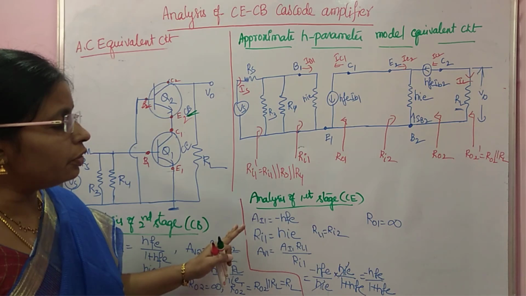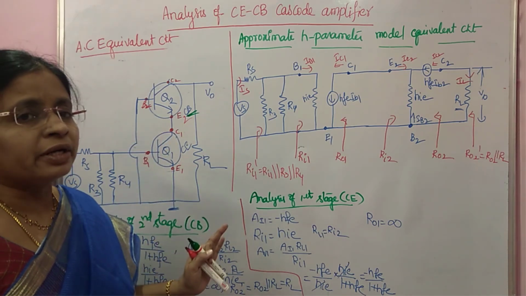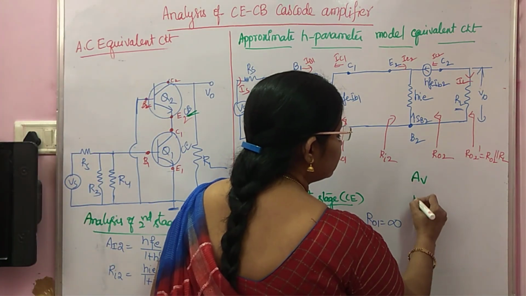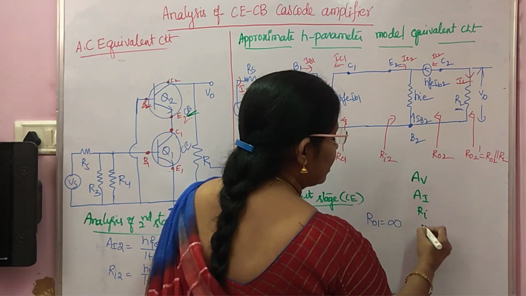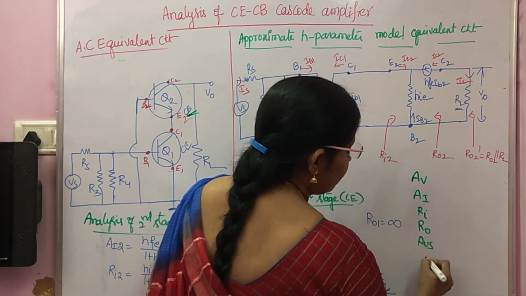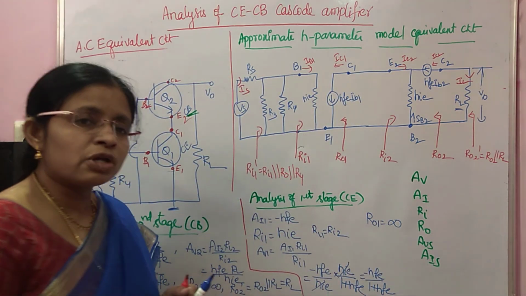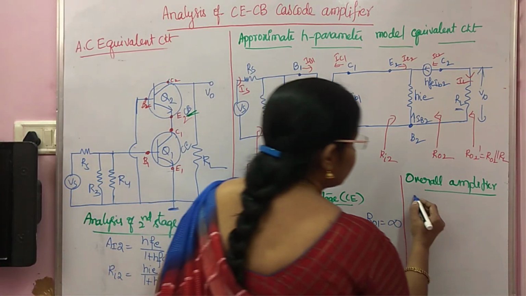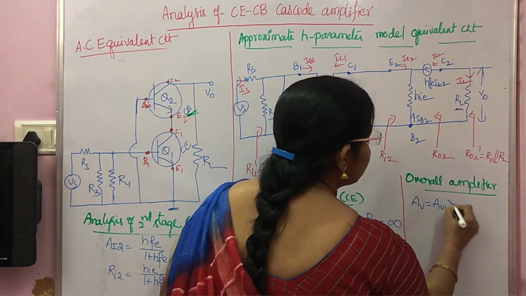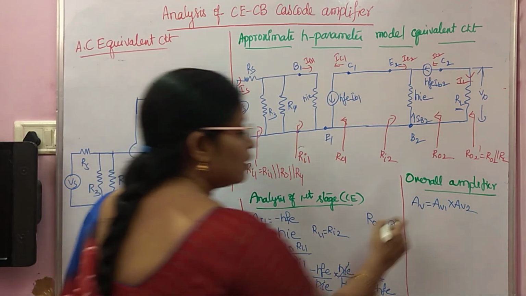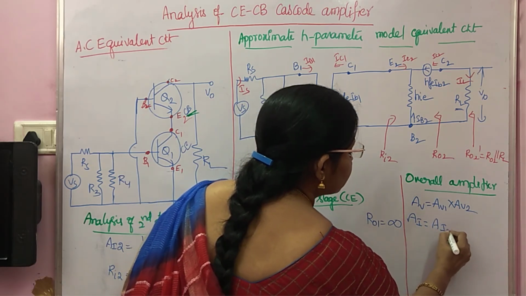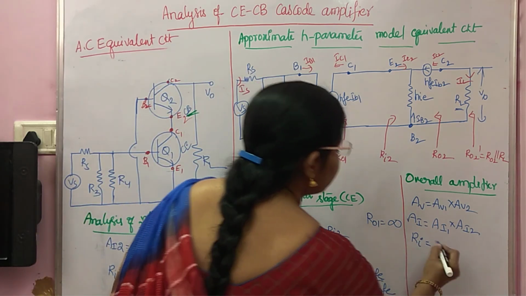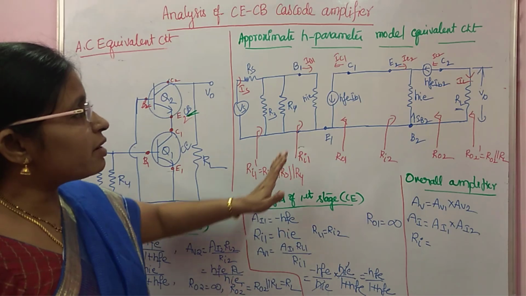Now after this, you have to go for the analysis of overall parameters. What are the overall parameters? AV, AI, RI, R0, AVS, AIS. These are the overall parameters. Now we'll start with AV. AV is nothing but AV1 into AV2. AI is nothing but AI1 into AI2. Then what is RI? I already told you, input resistance for the overall